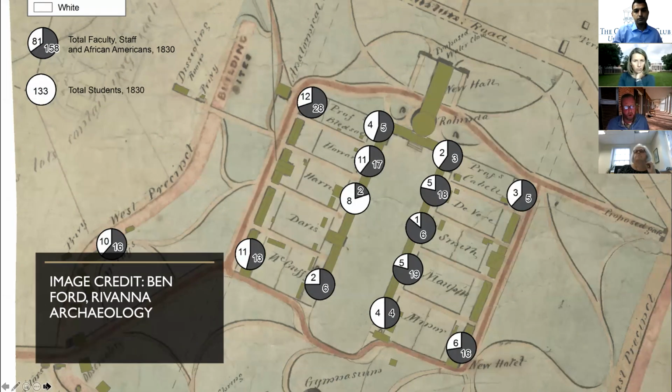So they all purchase enslaved people. And you can see that sometimes these numbers are quite large, right? 3 professors in 1830 had almost 20 enslaved people living with them attached to that pavilion. So this 1830 stands as a model where you have 133 students in that year and 158 enslaved people living at the university. This is the model that carries out pretty much until you get to the late 1840s, when